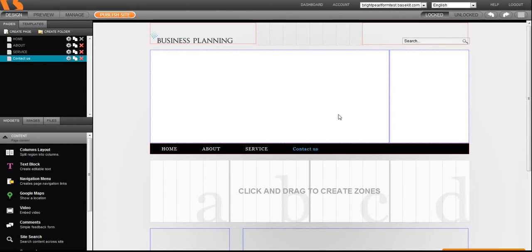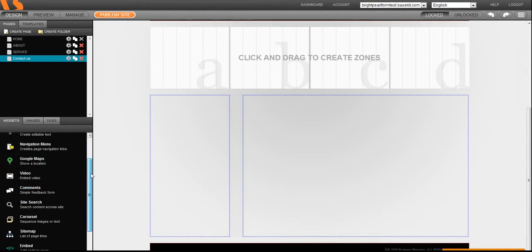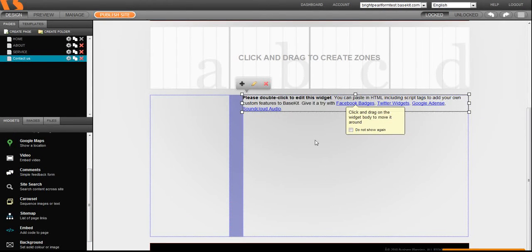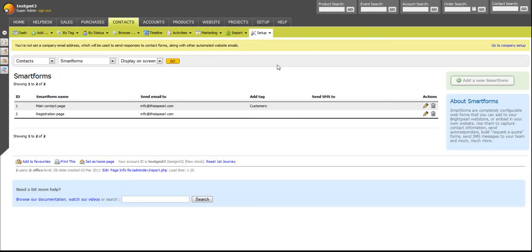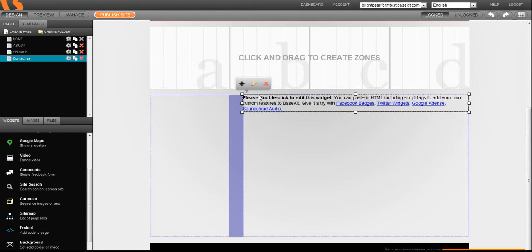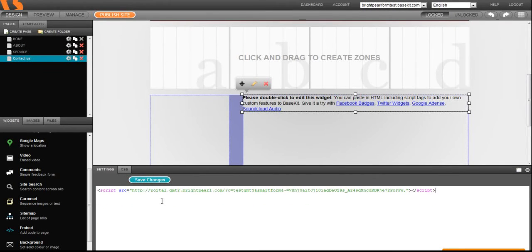I've got a template here, and what I want to do is stick a contact form in this area. So I'm just going to use your embed widget for now. Let's just drop that in. And if we go back to our Smartform and put the main contact page in, we edit that, and then in the external link tab, you've got a script widget here that you can stick in. So let's edit this, pop the widget in there,